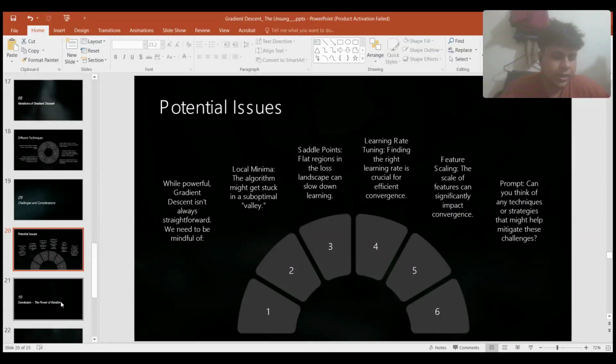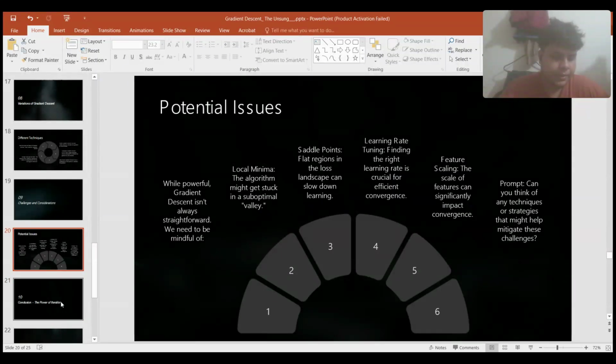Another question to our audience: can you think of any techniques or strategies that might help mitigate these challenges? To tackle some of the challenges, like local minima, we might use techniques like momentum, which is also used in stochastic gradient descent. Momentum helps the algorithm roll out of shallow valleys, or we can try different initialization points. Momentum can also help navigate saddle points. For learning rate,